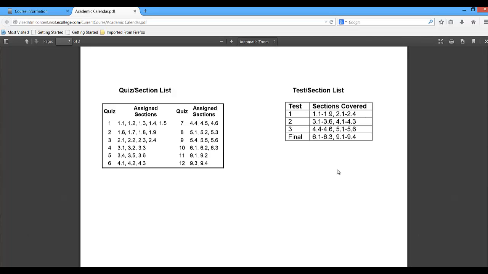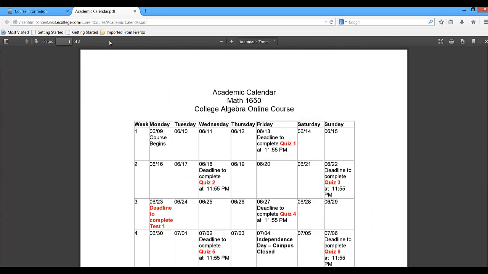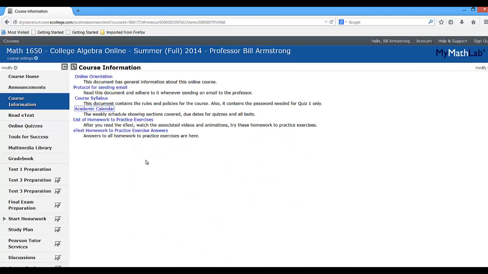We've already seen these two items, the quiz and section coverage and the test and section coverage, that's been already given to you in the syllabus. So, you're seeing it again. But please print this out, and let me close the academic calendar, and let's move on to the next document